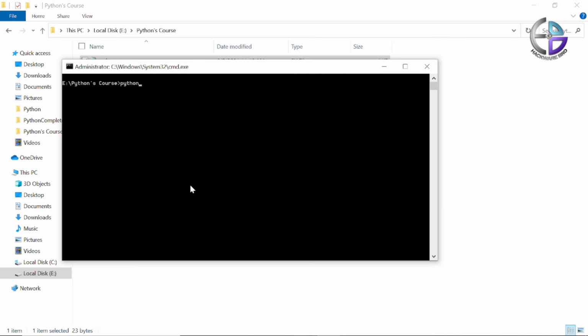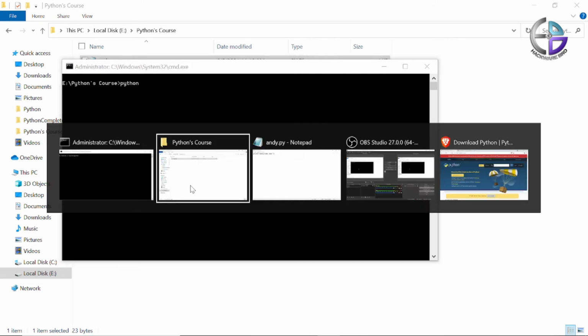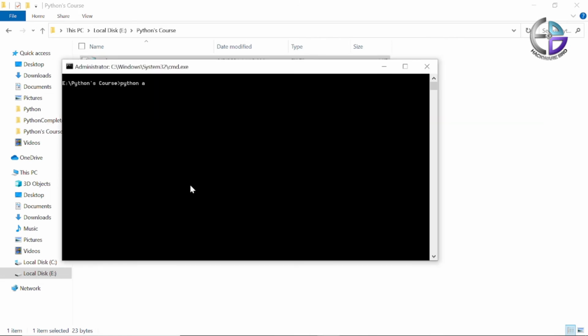Now I am using only Python 3, so I don't need to put 3 after python. After writing python, I have to give the file name. What's the file name? nd. Just write n and press tab to autocomplete. Okay, now let me press enter. I press enter and it prints my message, subscribe now.